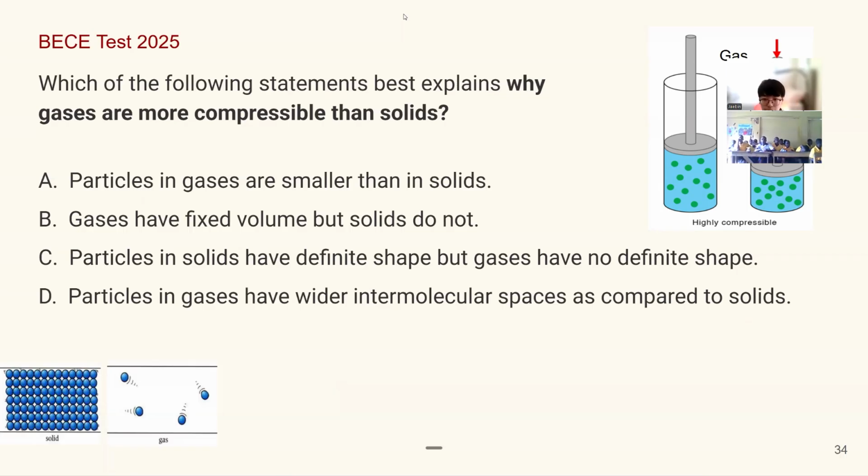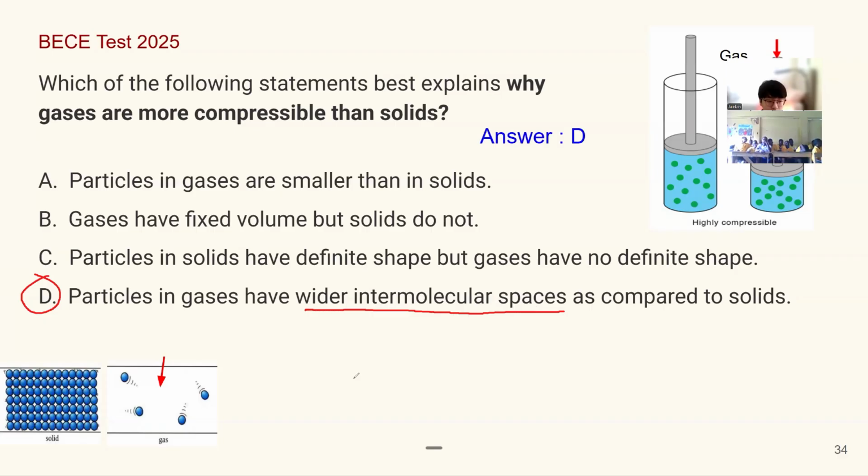I'm hearing some answers. I think I heard some B's and D's. Maybe I'm mistaking it, but I heard a couple B's and a couple D's. The answer here is D, and that's because here it says particles in gases have wider intermolecular spaces as compared